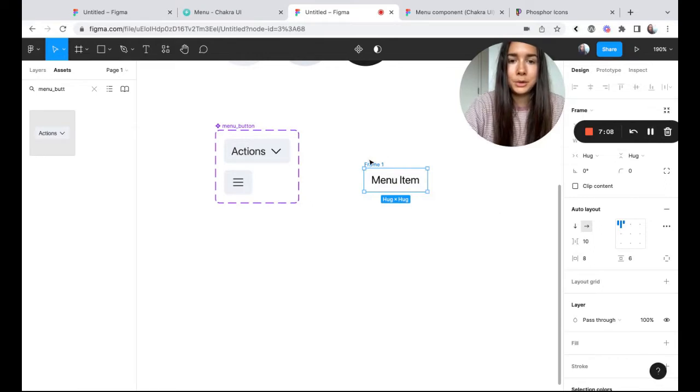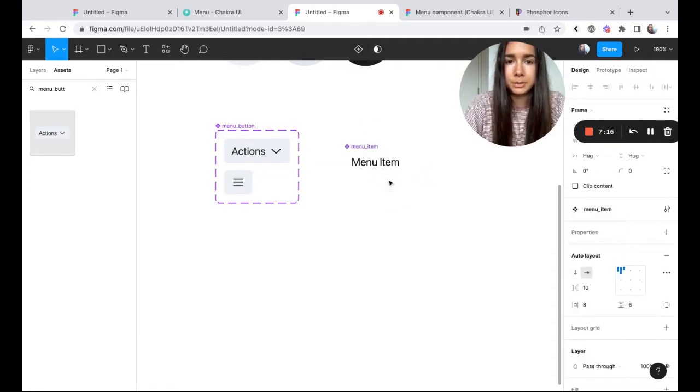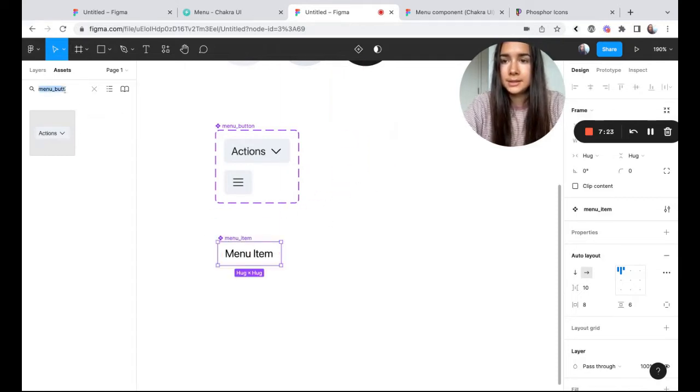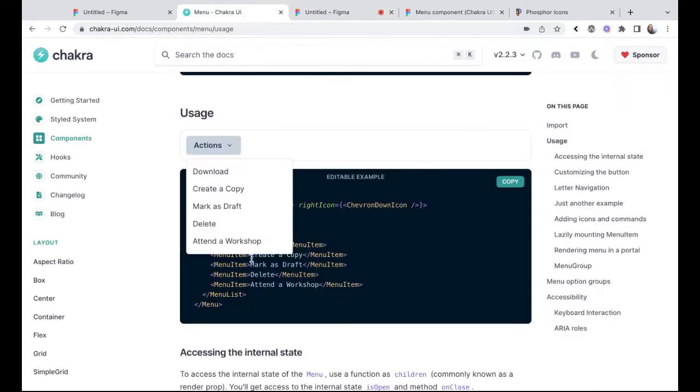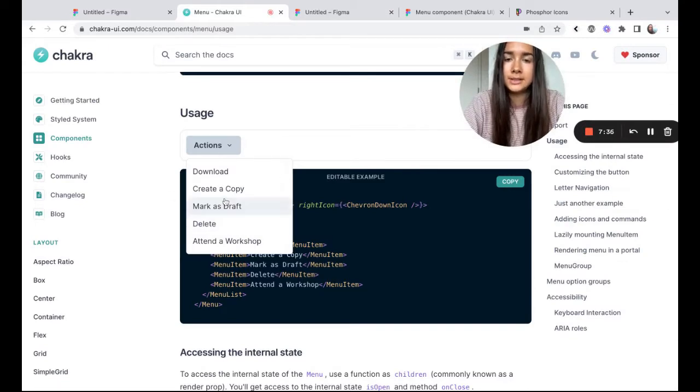And from here, we'll also rename this, say menu underscore item, and we'll turn it into a component as well. So now what we can do, we can take an instance of this component, and we'll use a couple of these instances to create a component that's going to be the whole list itself.